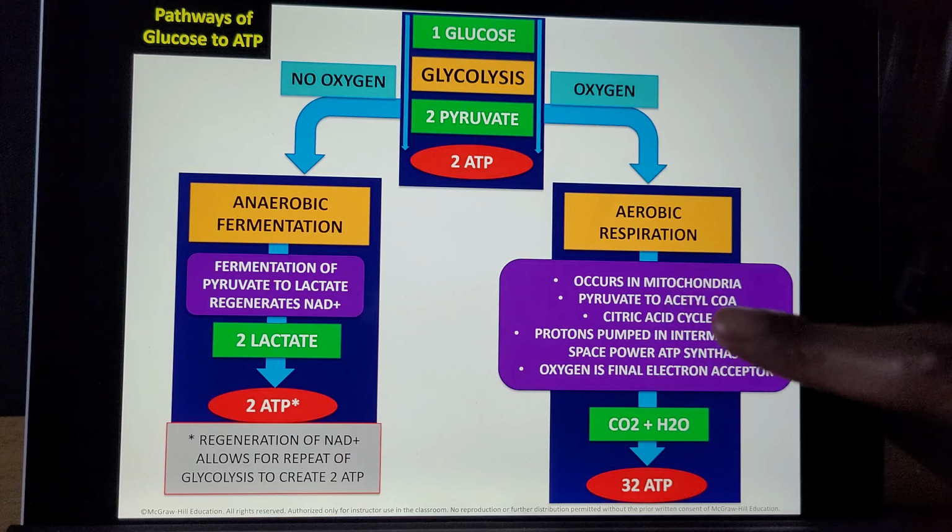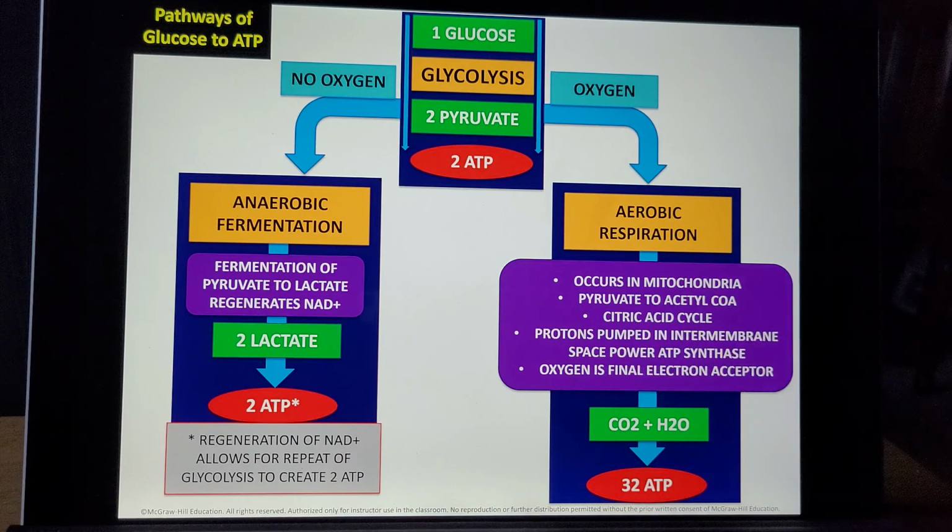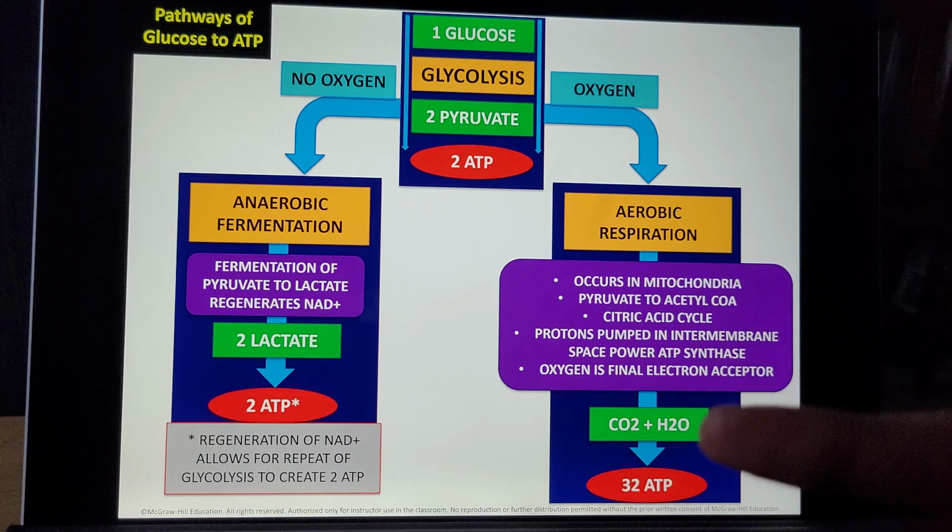That 2-carbon acetyl-CoA eventually is going to become citric acid, which is our first molecule in the citric acid cycle. The protons are pumped into the intermembrane space to power ATP synthase to basically attach phosphate groups to ADP to make ATP. The electrons that were passed along the electron transport chain are accepted by oxygen, creating our water, and then the